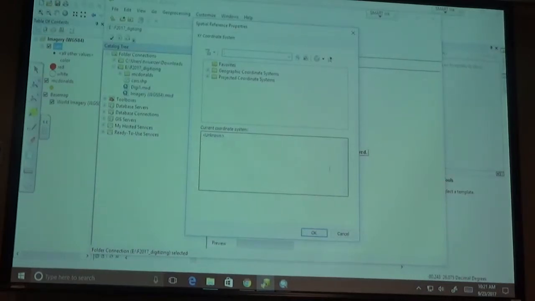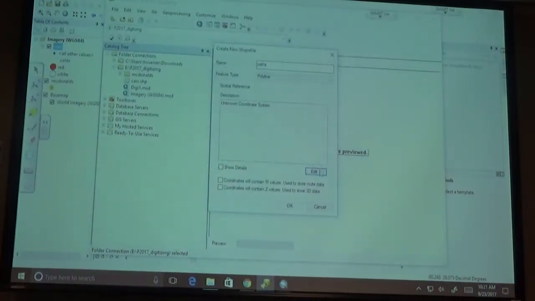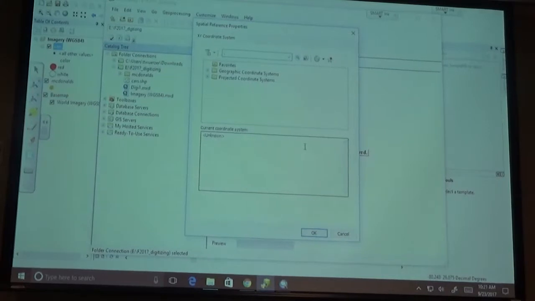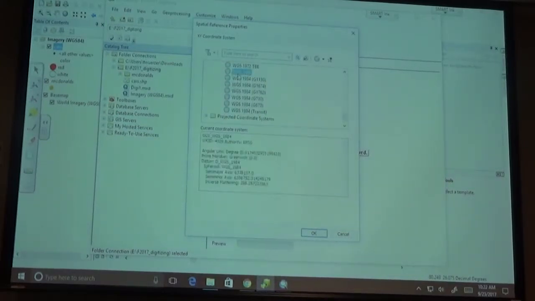I do edit, and I mentioned that there are different ways to do this. Let's stick to the way we introduced today, so we have the same one all the time. I'm going to do geographic coordinate systems, scroll down to world, click on world, scroll down to WGS 1984,